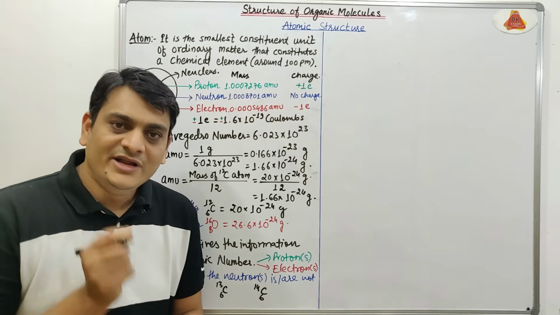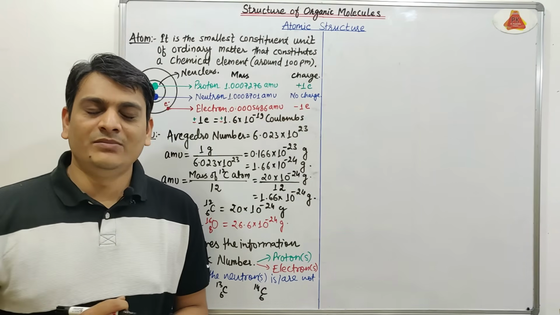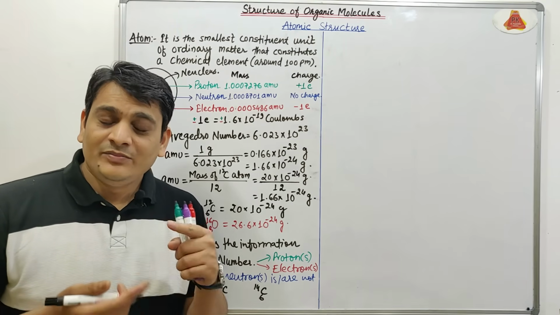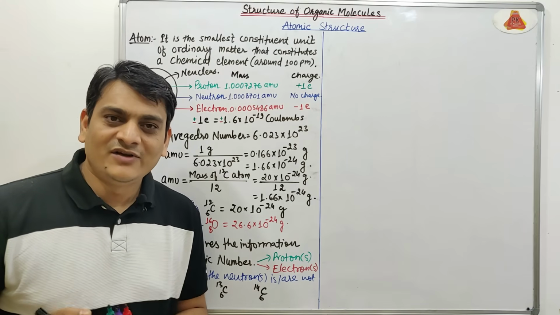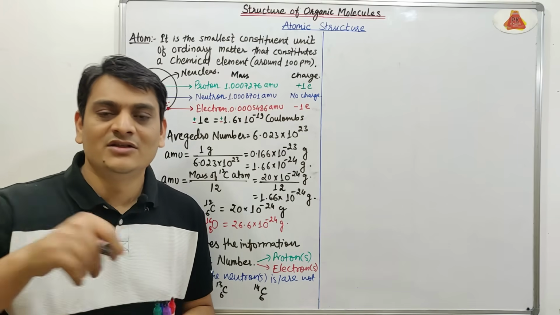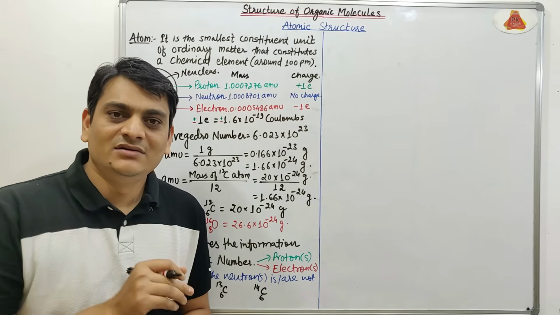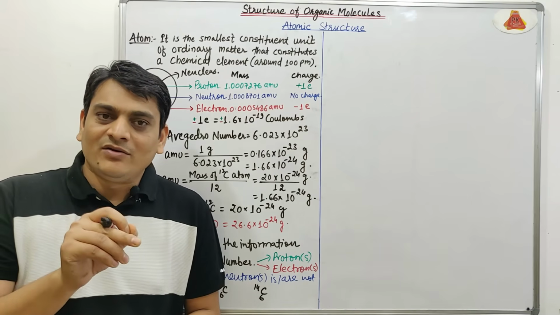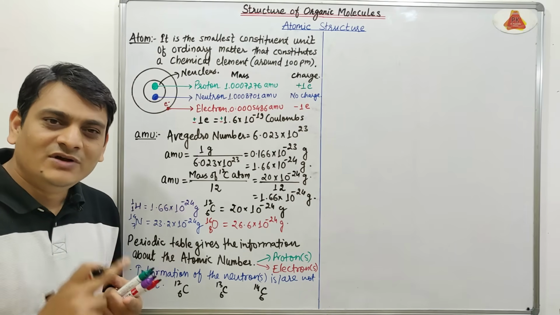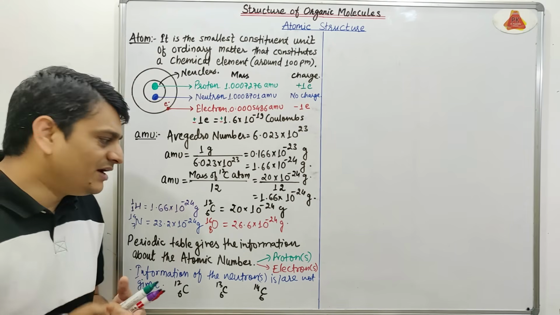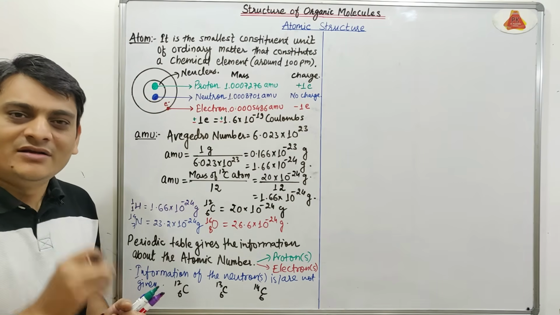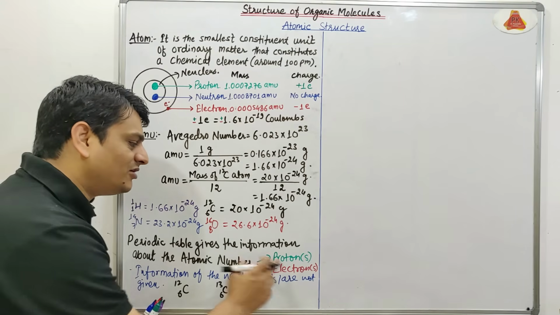And as you know, the periodic table is arranged as per the atomic number. For hydrogen it is 1, for helium it is 2, for lithium it is 3, for beryllium it is 4, for boron it is 5, for carbon it is 6, for nitrogen it is 7, for oxygen it is 8, and so on. Means the atomic number is given in the periodic table. So from that atomic number we can get the number of protons, which will be equal to the atomic number. And if we are talking about the electrons, however many protons are present in that particular atom, the same number of electrons will also be present.